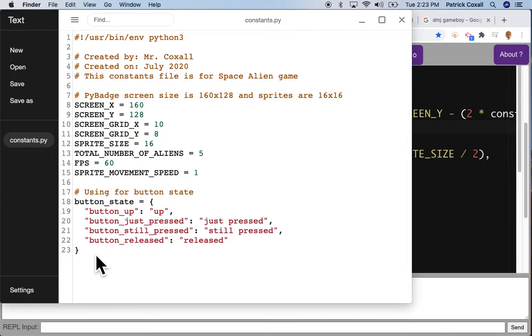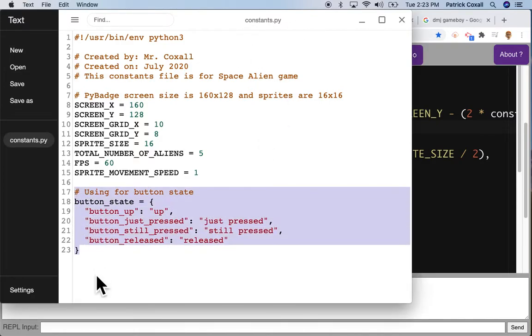And that sound is going to eventually trigger a missile to be fired from our spaceship. And we don't want 60 missiles a second to be firing out of our spaceship, because that would make the game too easy. So we need some way to keep track of: I've pressed the button, I'm still pressing, and I've released. So you'll notice this is the constants file, and I've added this section at the bottom,